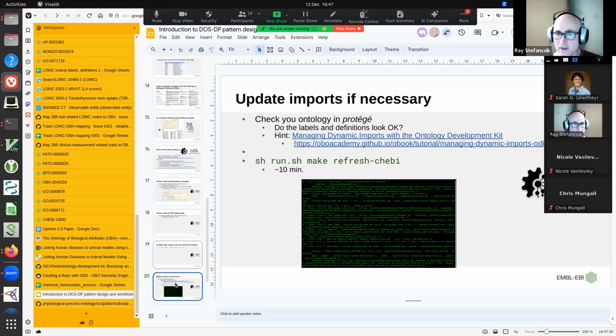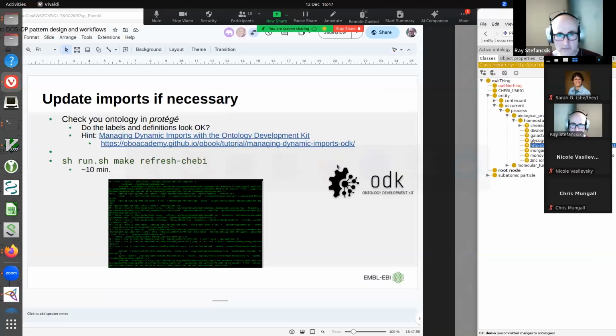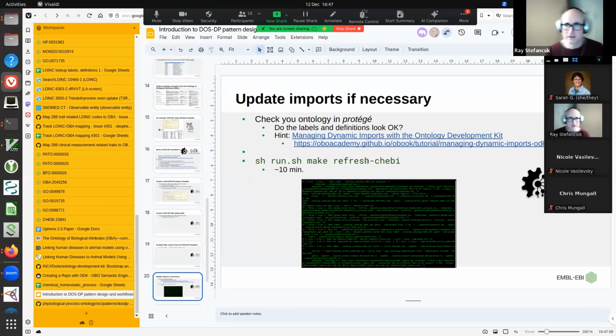This Cabby class is a new class for my ontology, and it is not yet imported into the ontology. I can refresh my Cabby import, but it usually takes 10 minutes, and we have probably 10 minutes left. So I can start it, but